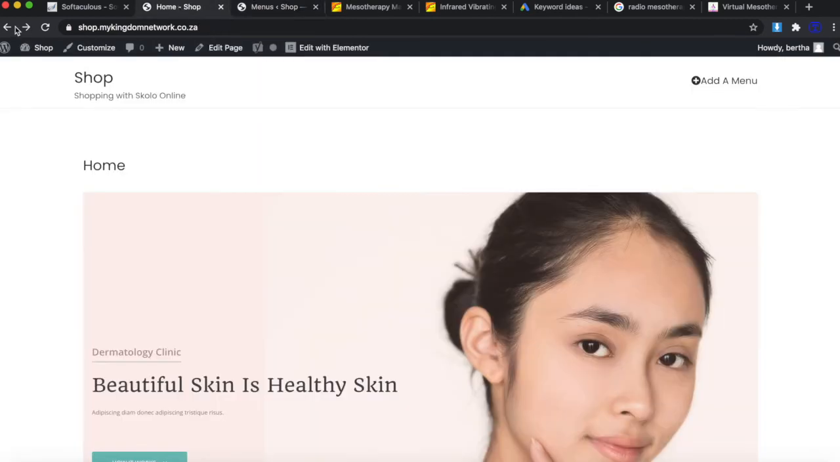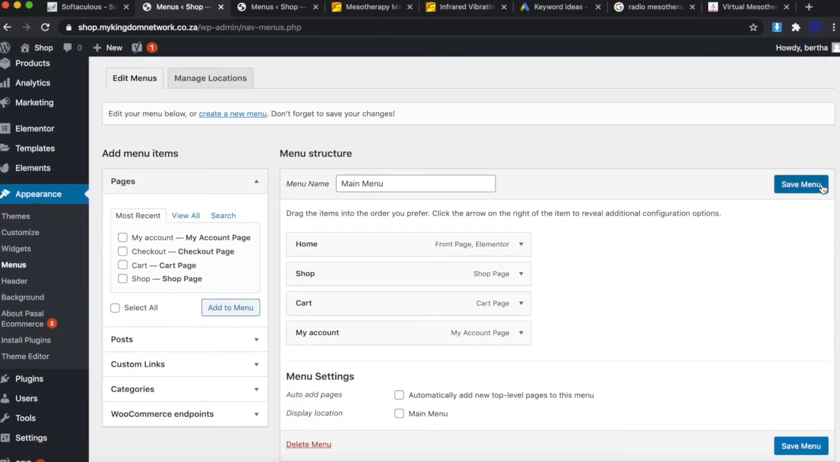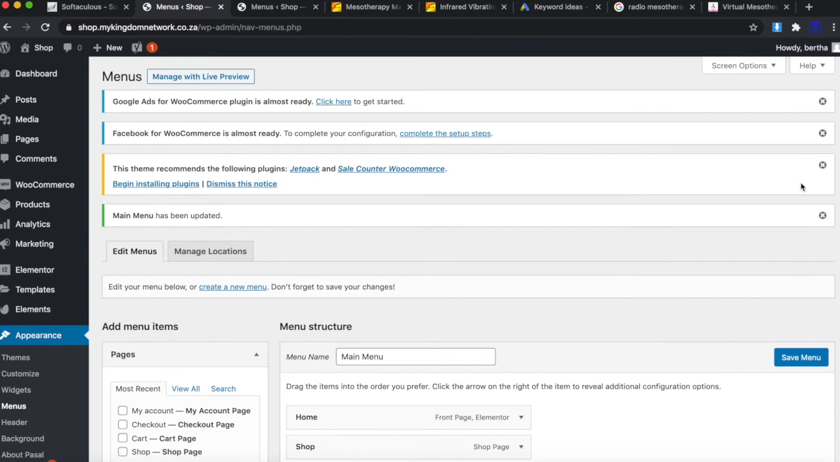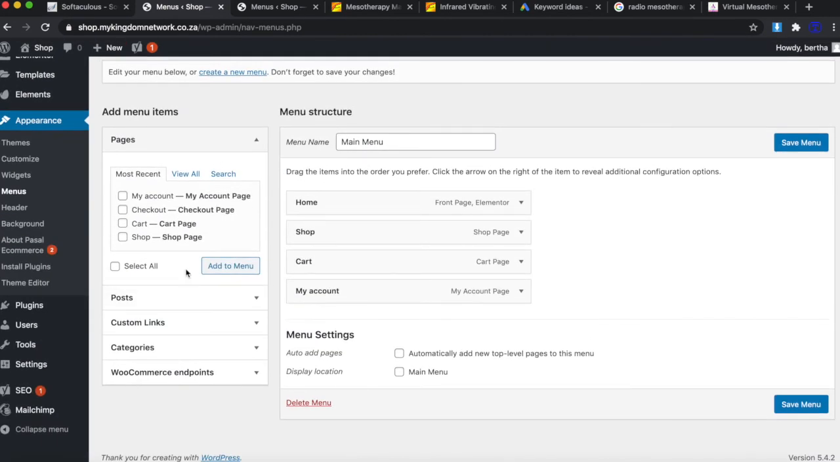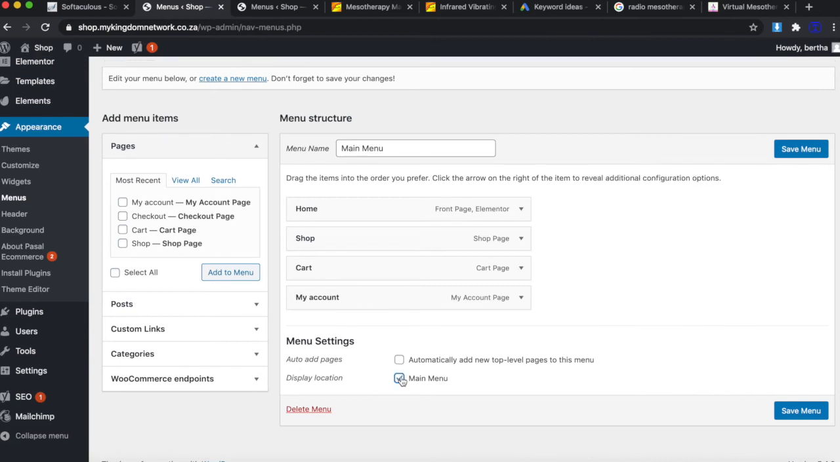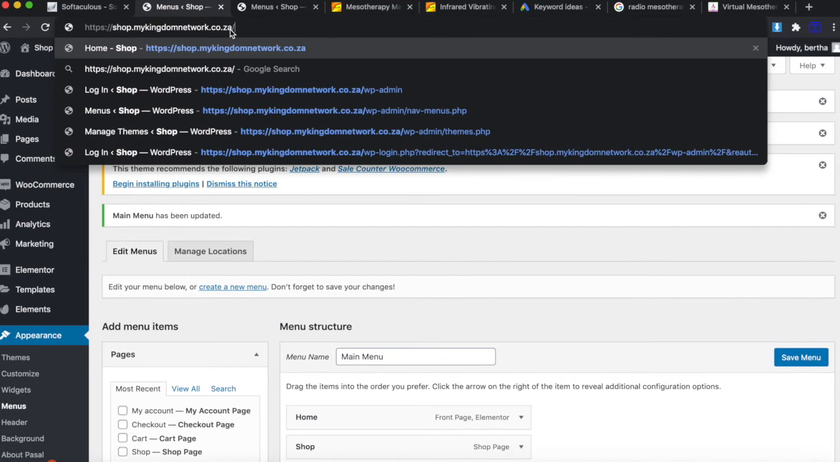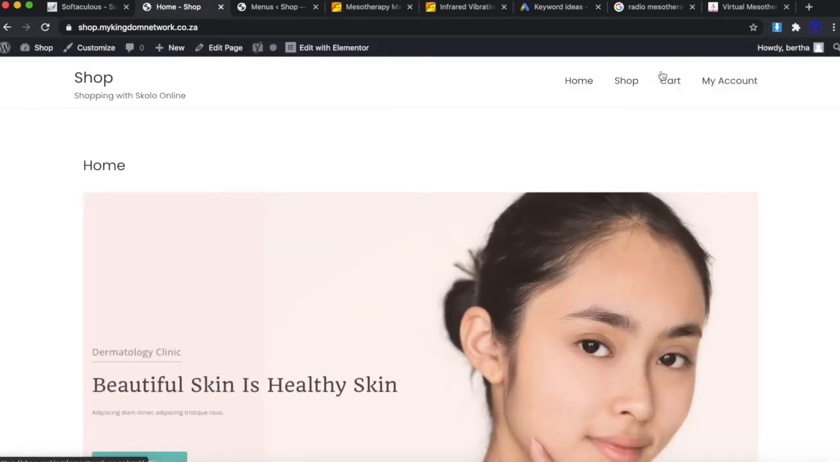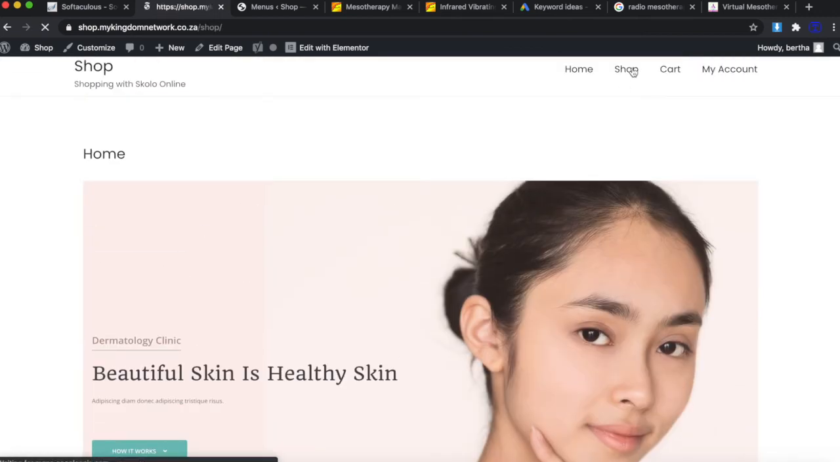Once we've done that, let's just refresh this page and have a look there and see if our menu is here. Not yet. Not there yet. What's happening? Save menu. Okay, yeah, I know. Okay, so we need to decide where this menu will be displayed, and okay, so we've got it: my account, shop, cart, home, and if you go to the shop, you will see